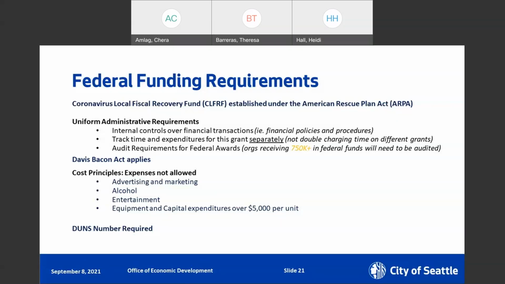So we know this can be really, really challenging, especially for small organizations who may not have a lot of cash flow to cover some of those expenses. So we really want to work with folks as much as we can. This is definitely a question that's come up. One thing we can do is folks can get invoices for payment and then submit them as an invoice to the Office of Economic Development, and we can process those fairly quickly so that you can pay from your grant funds without having to front that cash.